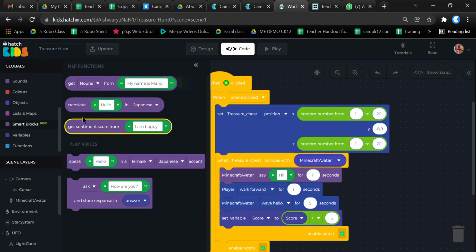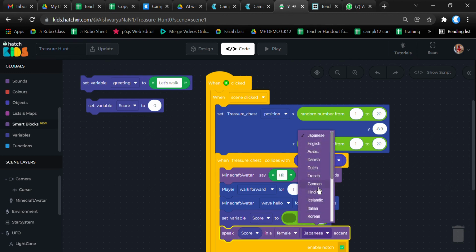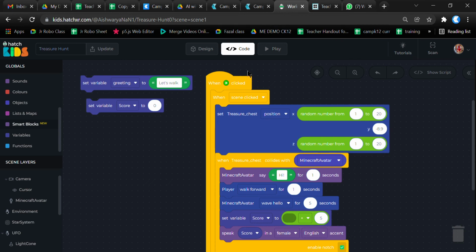So you have these many smart blocks, from which you can make the computer speak out whatever you want. So I want it to speak out the score in the female voice and in English. So now when this happens, you update the project,